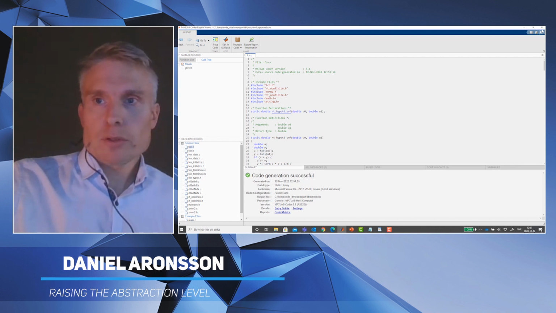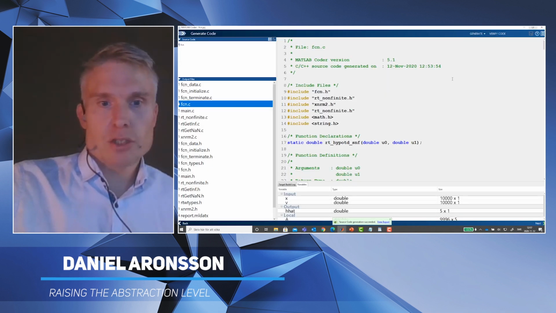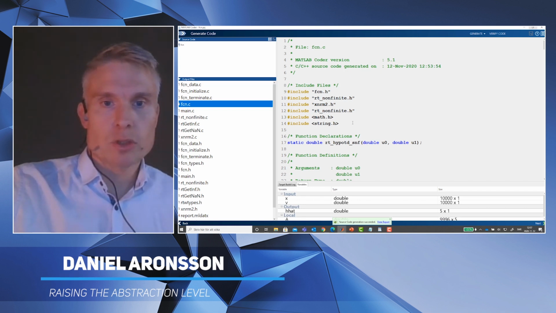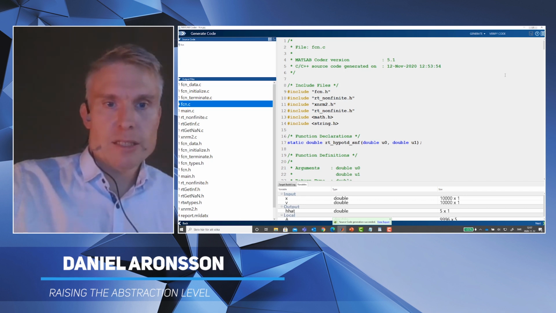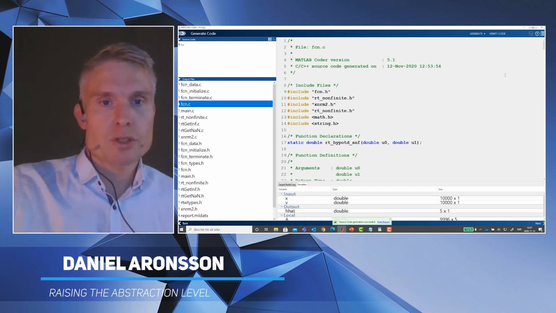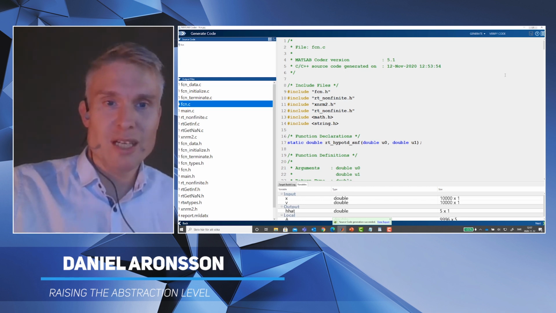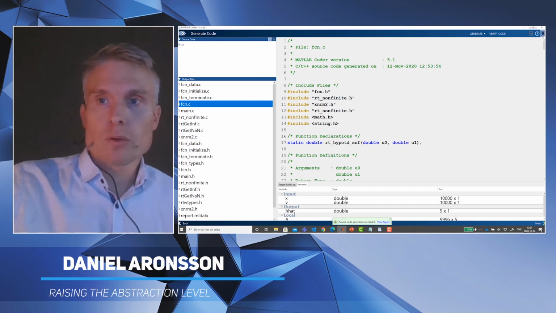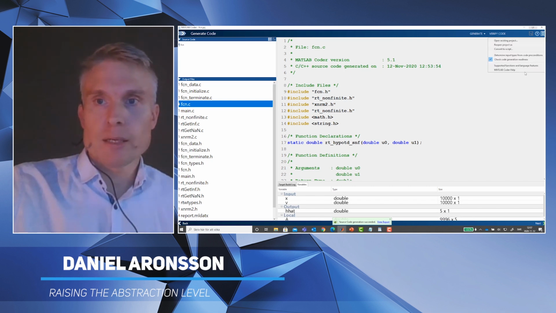So I'm going to close down that report. Something that you can do now, as I mentioned in the beginning, we have these apps that allow you to quickly get started, as we've seen here. Something that we try to do with these apps is, once you've done what you're looking for, you can actually generate MATLAB code out of that to automate it in the future. So in this case, I'm going to go to the menu here and say convert to script,